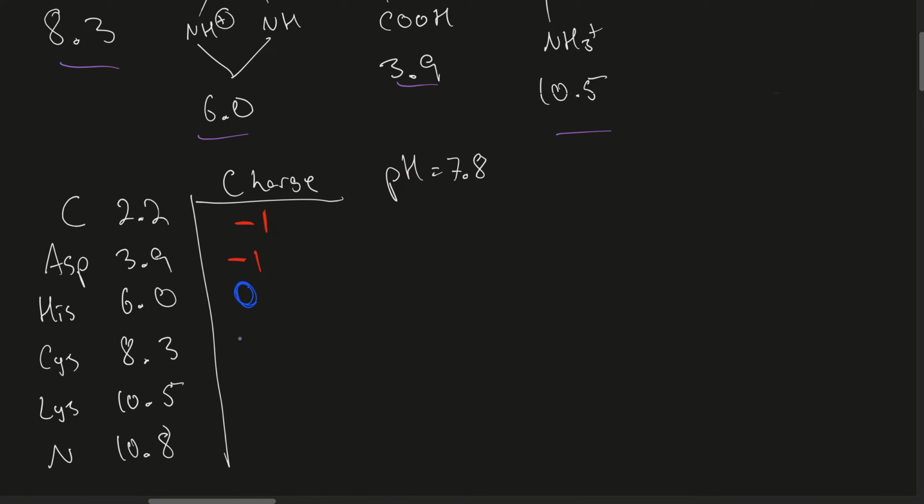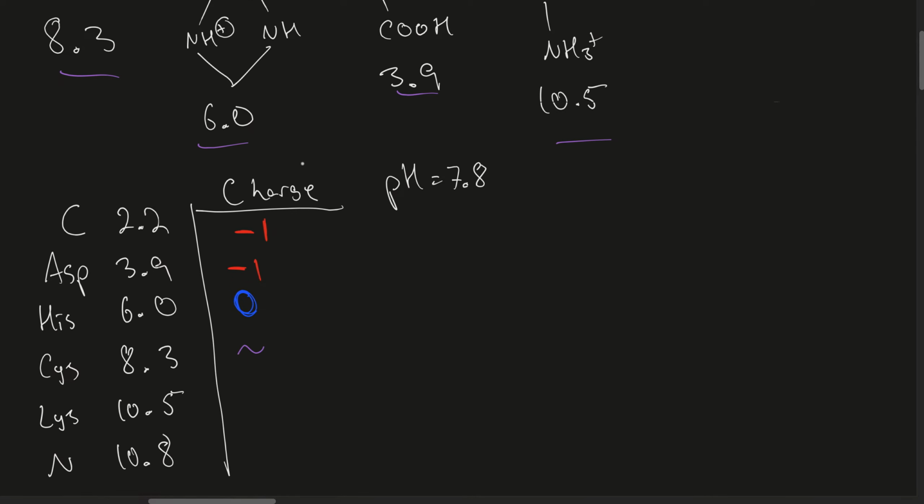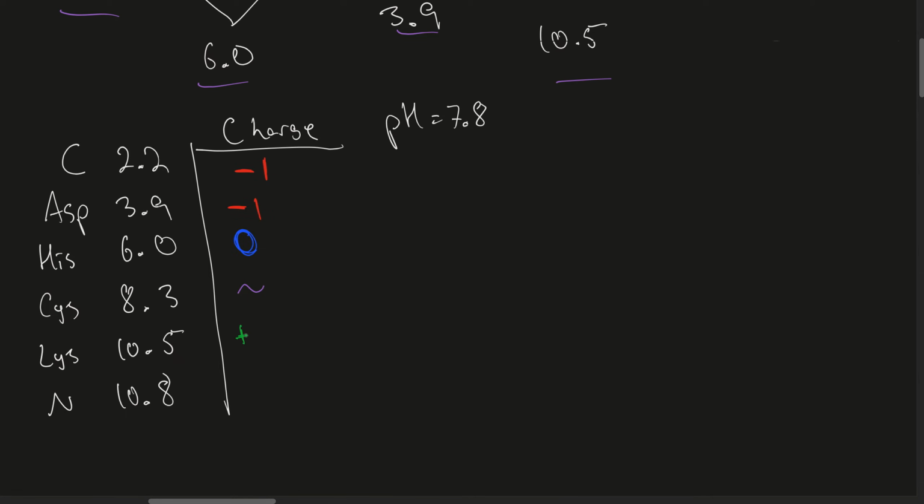That's less than 1, and so we're going to have to use the Henderson-Hasselbalch equation to figure out the proportions, because it's not completely one species or the other in terms of the charge. Now with lysine, it's a greater difference than 1, and lysine, when it's protonated, is going to have a +1 charge, and the same thing with the N-terminus. And so if we cancel out these charges, all that's left that's going to determine the charge is the cysteine group. So we use the Henderson-Hasselbalch equation, where we put the pH equal to the pKa of that group,